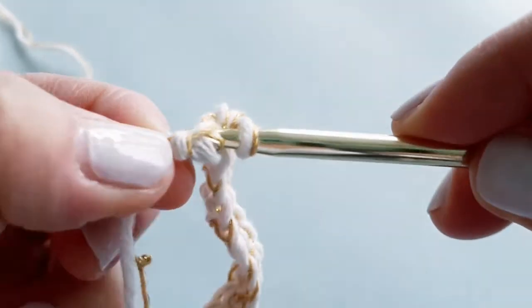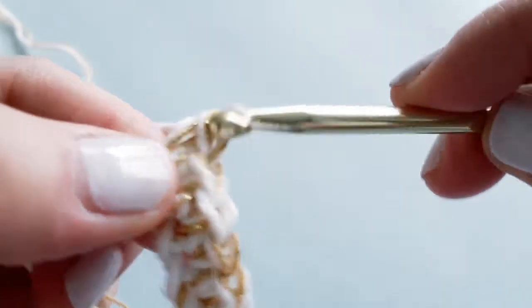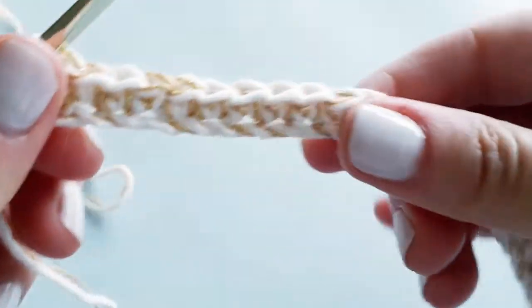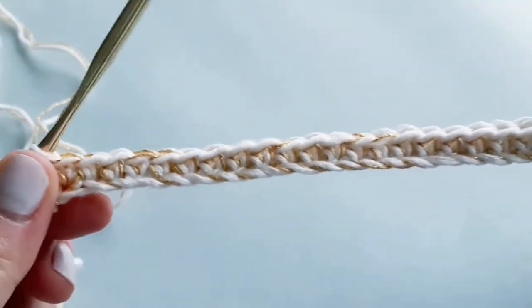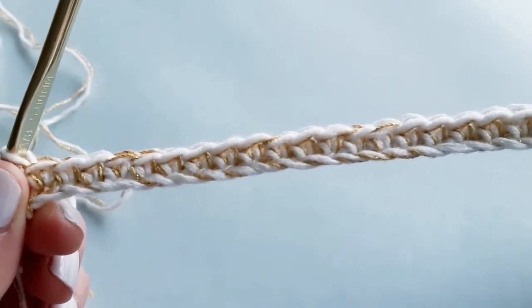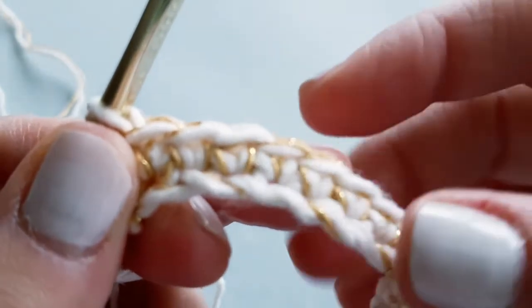And this is my very last single crochet. Always make sure to catch both of these yarns, right? And there is my first row, or actually half of my first round, because we're going to be working in the round, okay? So you can see how nicely that metallic